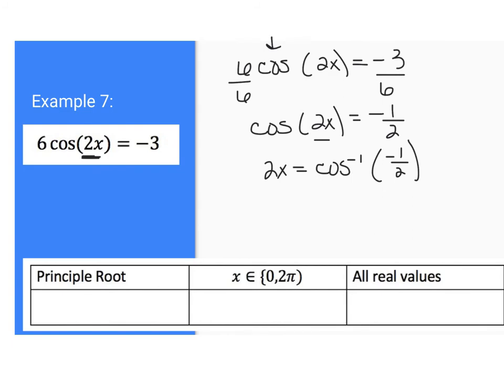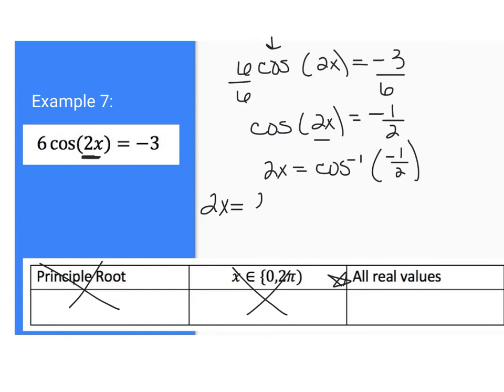So as we look at this, because we're going to have multiple answers, it's not going to ask you the principal root, and it's not going to ask you all roots between 0 and 2 pi. The only time we have to answer this type of question is when the directions say all real values. So let's find the two places on our unit circle that inverse cosine of negative 1/2 occurs,